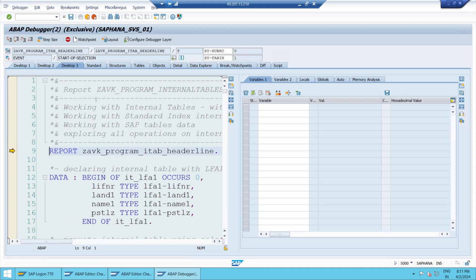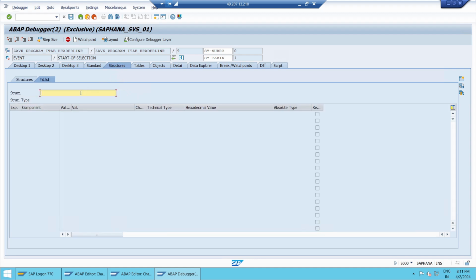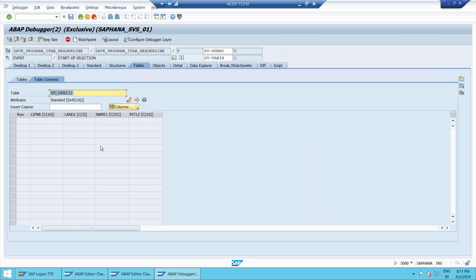Zoom in. Now first double click on this IT tab. You can see 2 symbols here. The IT table with body symbol, I just double click it here, the body symbol, and this one, like it is 0 into 4, 116. What is that? If you double click on this, it takes you to the tables tab. But can I check it in the header? You can see this here. So this is acting like a structure and a table. But in the table also,